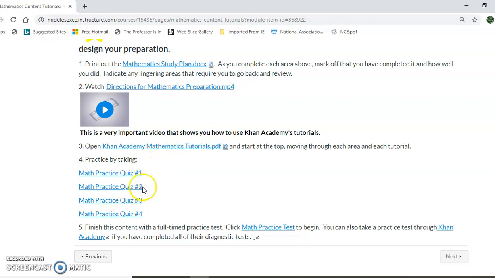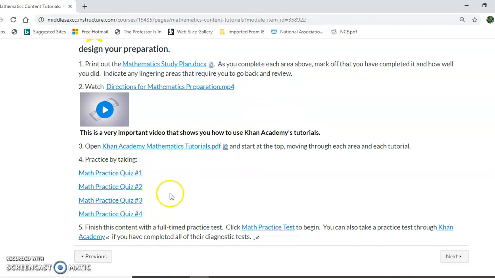So there are 4 practice quizzes. They consist of approximately 15 questions. So right there, that's about 60 questions for you to practice with. And then the time is adjusted for how long you would have gotten if you had 15 questions. Because remember, you have 56 questions for 85 minutes. So the time for these practice quizzes was adjusted.